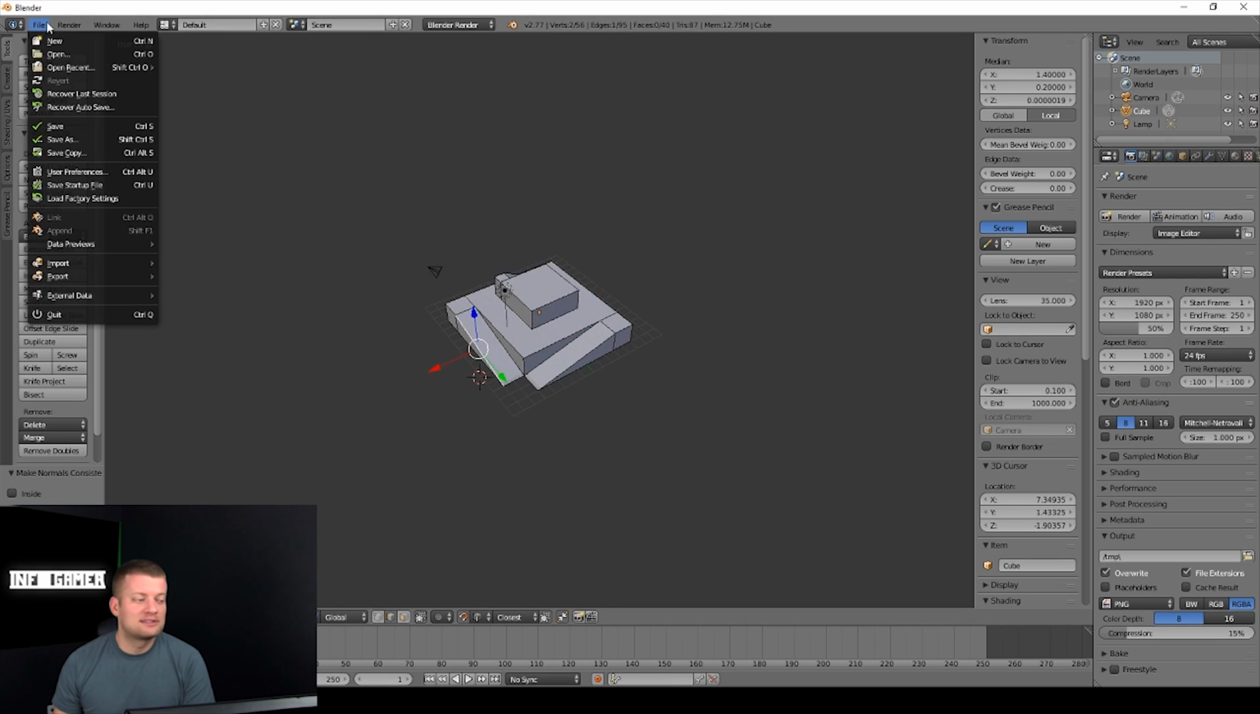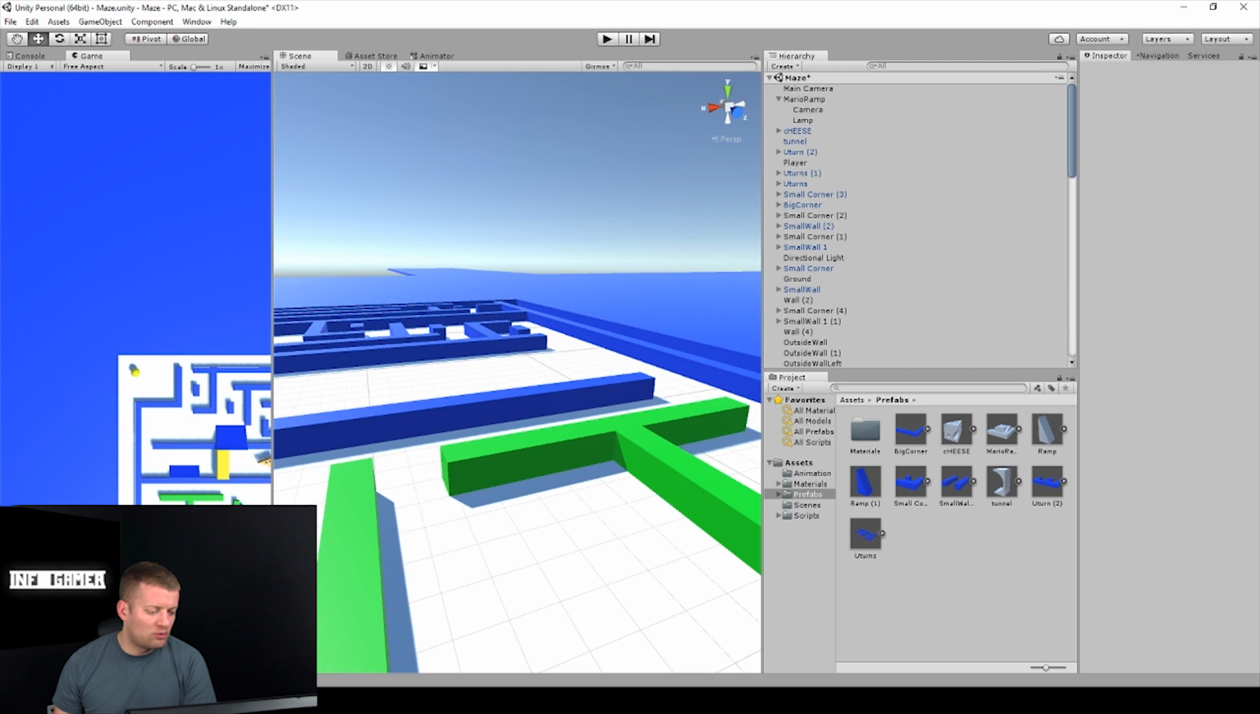I'm going to save this off as an FBX. Go to Export, FBX, and name it something you're going to remember and where to place it. So let's do that. Okay, I'm going to go over to Unity, open up the file that I have placed it in,